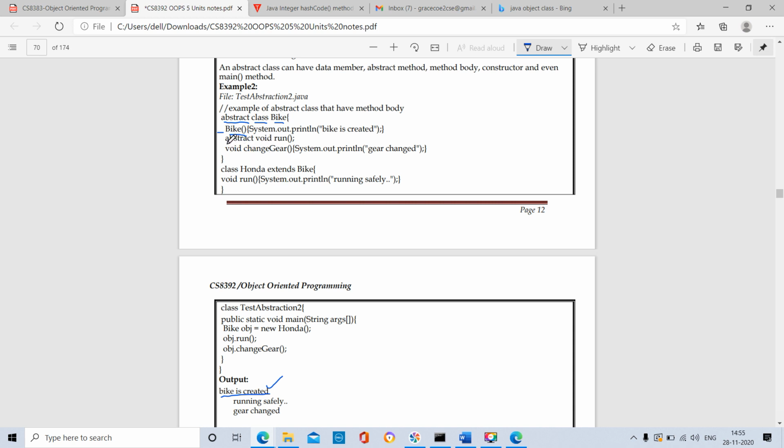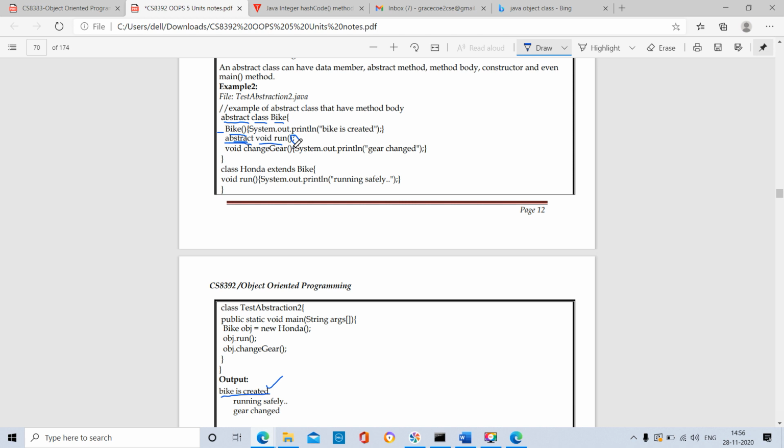So in our second exercise, abstract void run. Next we have one method named run, but here we are using the abstract keyword format. Using the abstract keyword means it will hide the definition. It will only declare the method. By using the semicolon, we are declaring the method. It will hide the body of the method, otherwise it will hide the definition of the method.